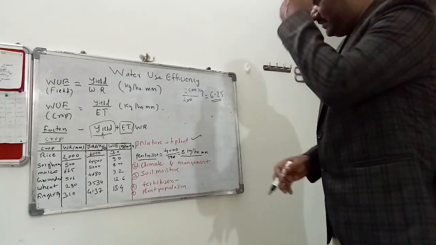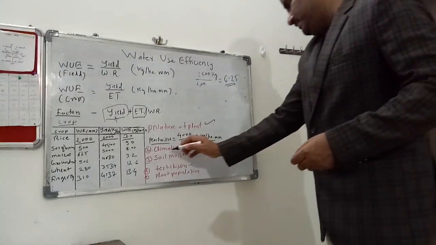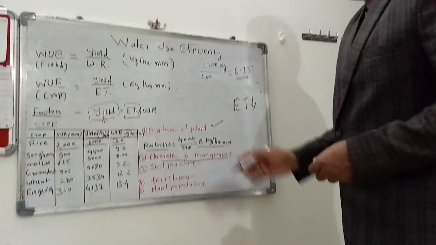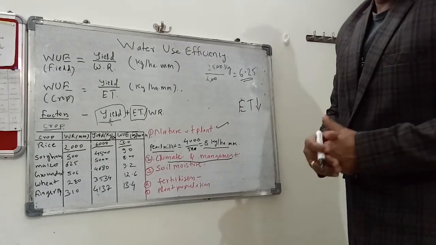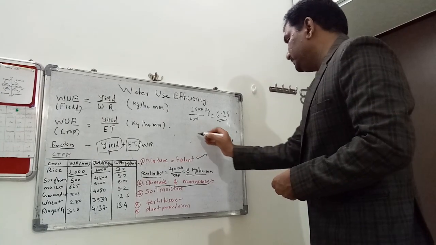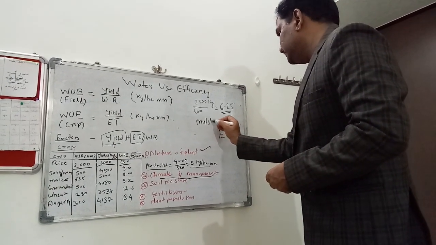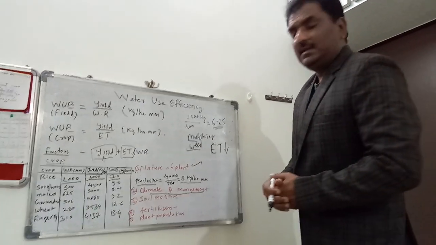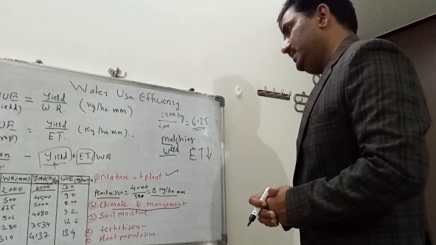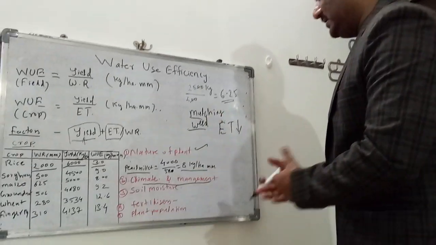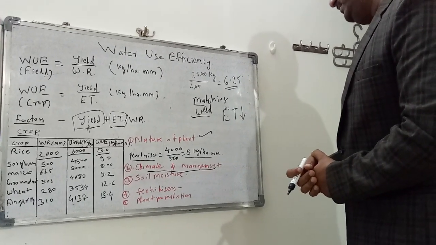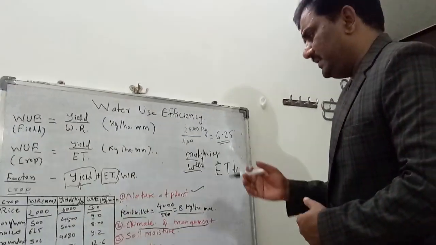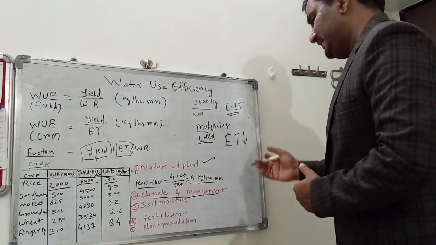Next is climate and management. Those factors which reduce evapotranspiration will increase the water efficiency. For example, mulching and weed management. These factors will reduce the evapotranspiration rate and thereby increase the water efficiency. So all those factors ensure that crop growth can reduce the evapotranspiration. There are also wind breaks, wind shelters, and shelter belts we can think of.